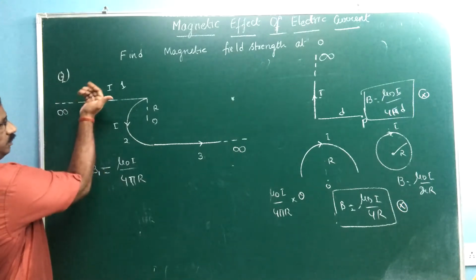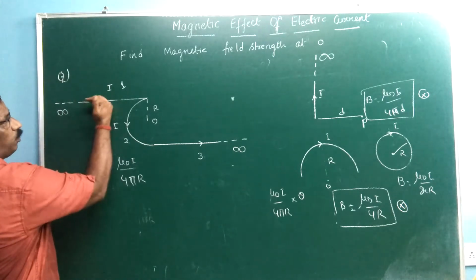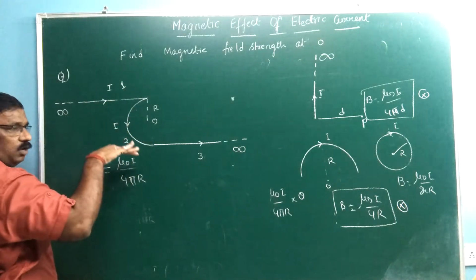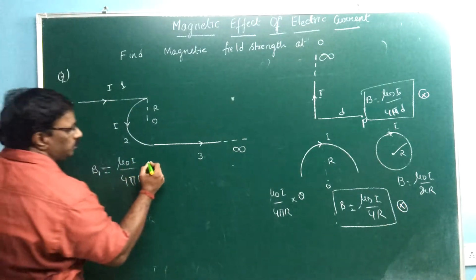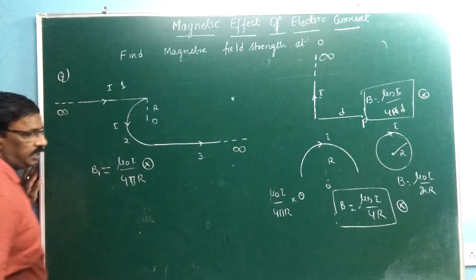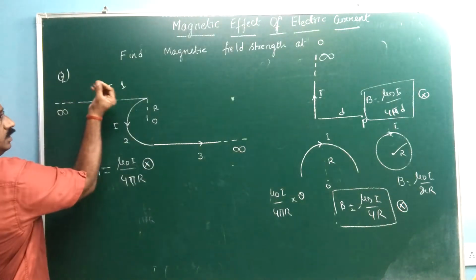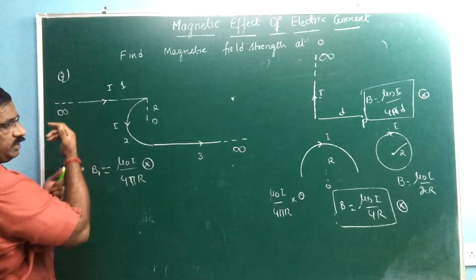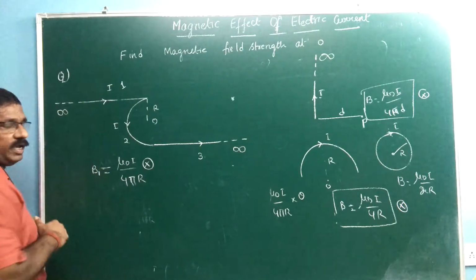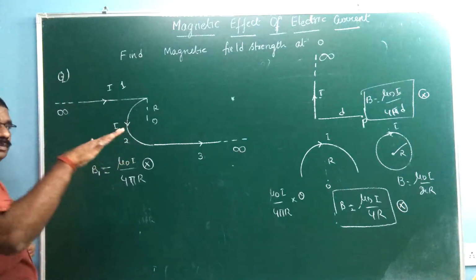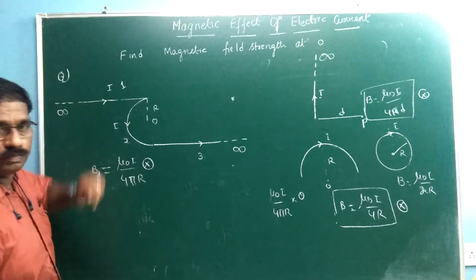And how to give direction? Simple. Above it is out, below it is into, and the required point is down below, so the field is into. Any doubt in this? Check like this. This always indicates out, this always indicates into, so below the wire into, above the wire out, and we require the point which is below, so the field is into.